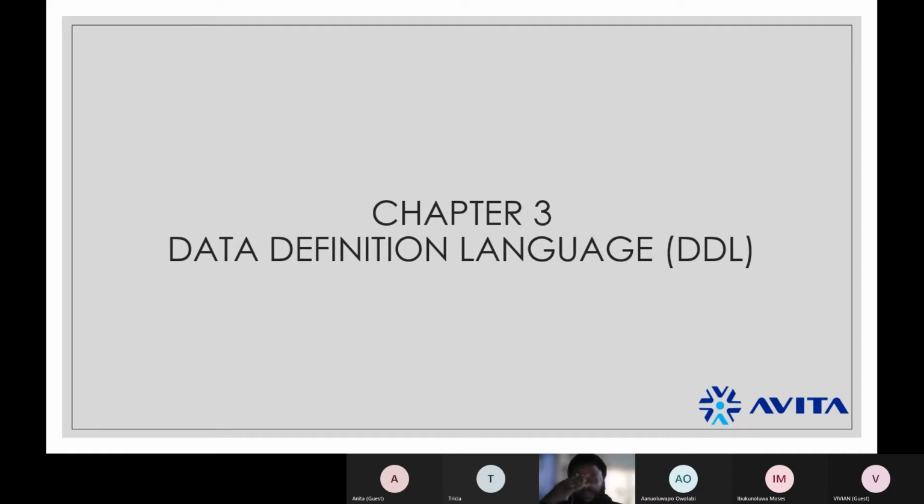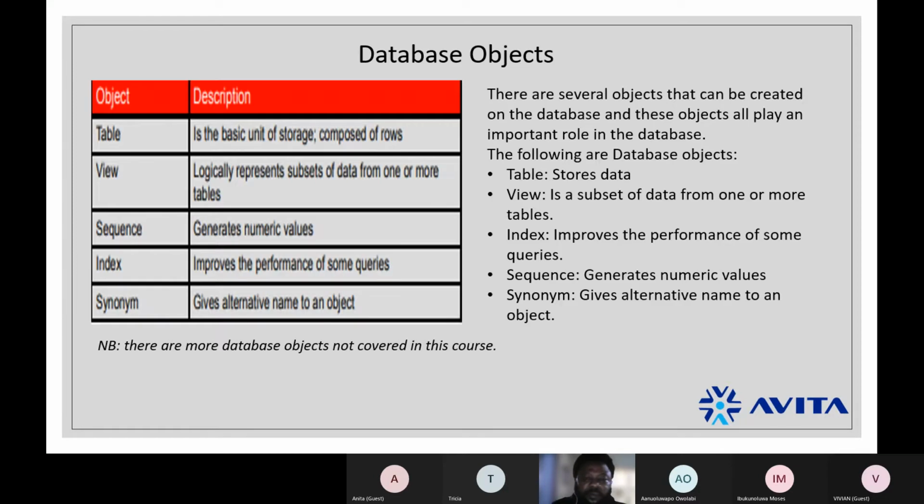I've been teaching this skill for about 14 years now, since about 2007, and I discovered that it is better to start with data definition language. We move from the creation to the content, to managing the content, to administering, and you're done. So we're starting with DDL, data definition language.